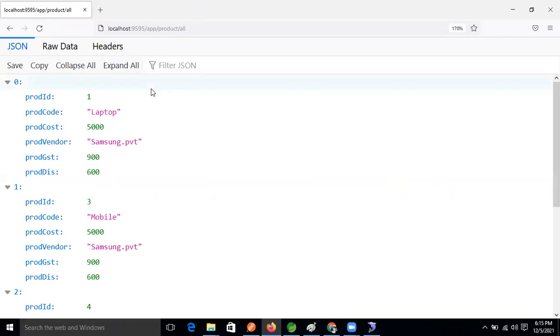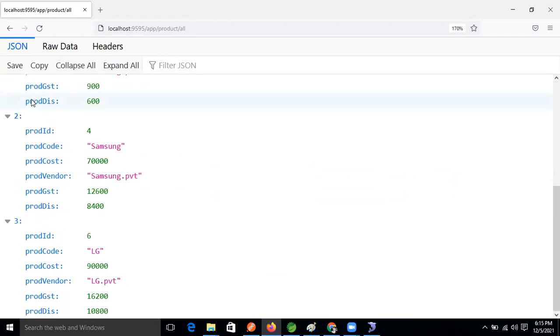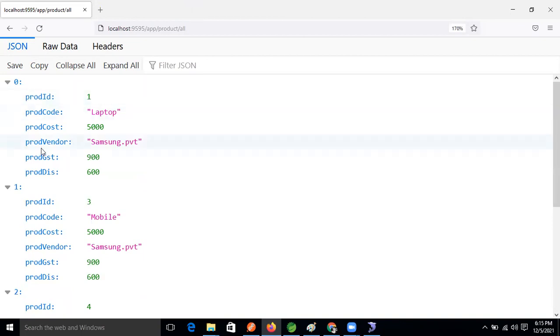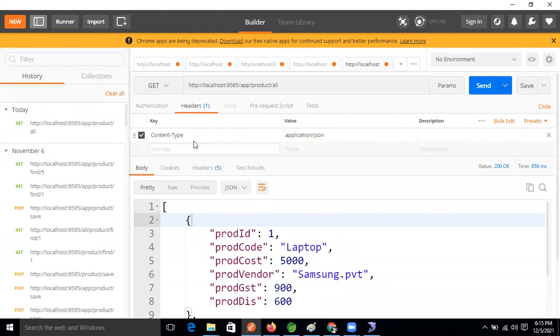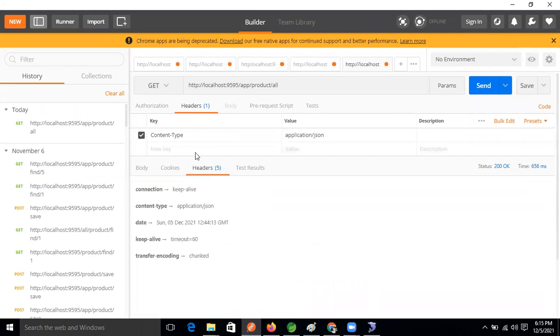See, this is the data, all of it from the database. But observe the things in the header section. Check what is in the header part.